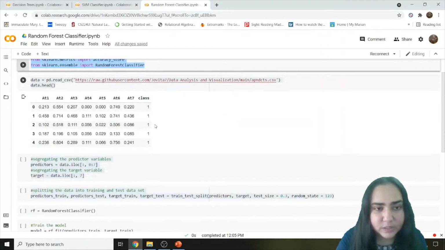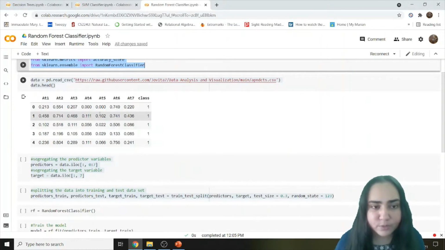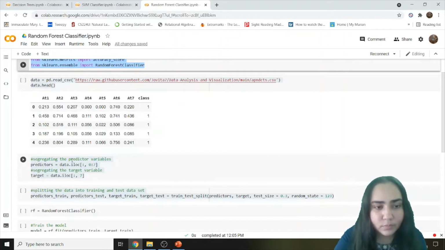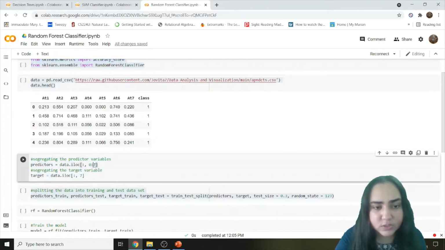We will decide from these attributes which ones are predictor values, which means the columns we will be using for prediction. So we will be using columns 0 to 7, actually 0 to 6, which is why we are specifying the range 0 to 7 over here, because that's how Python works. We are saying that all these attributes 0, 1, 2, 3, 4, 5, and 6 are predictors. And this last attribute, the 7th index attribute, will be our target attribute. So we are again using the iloc function of the pandas library.